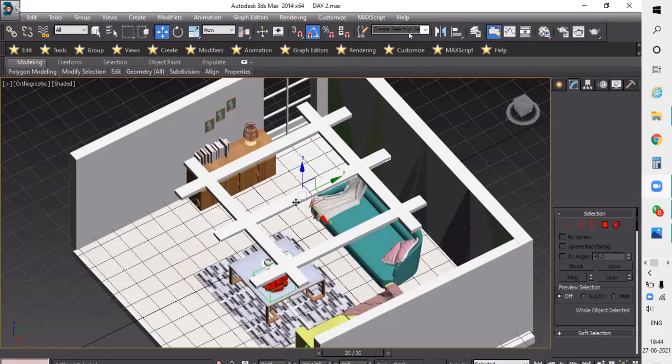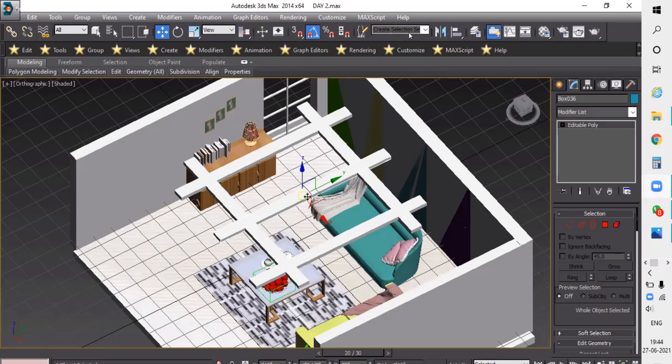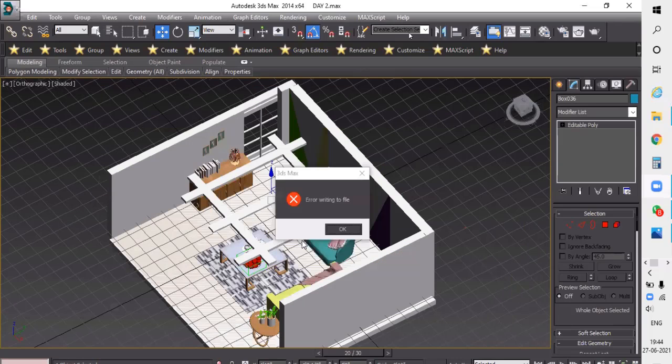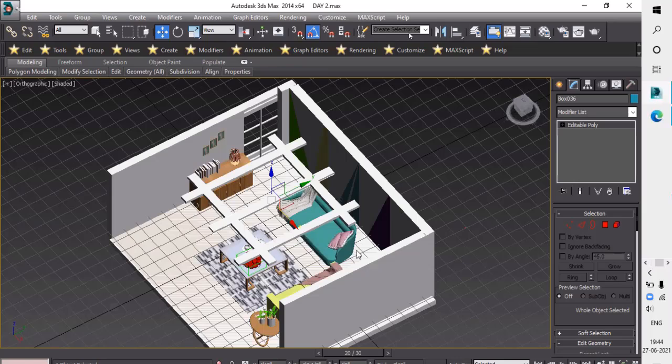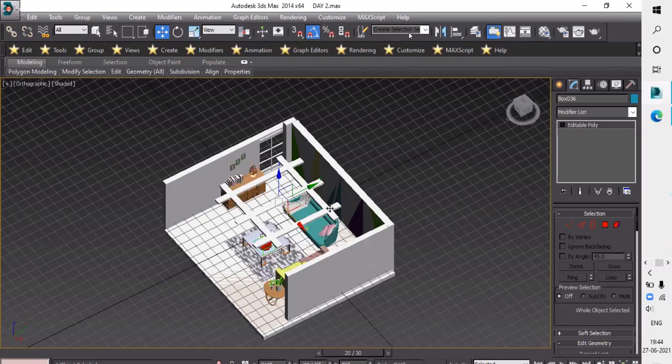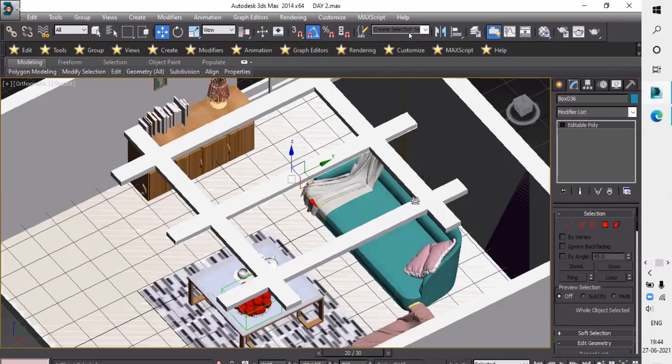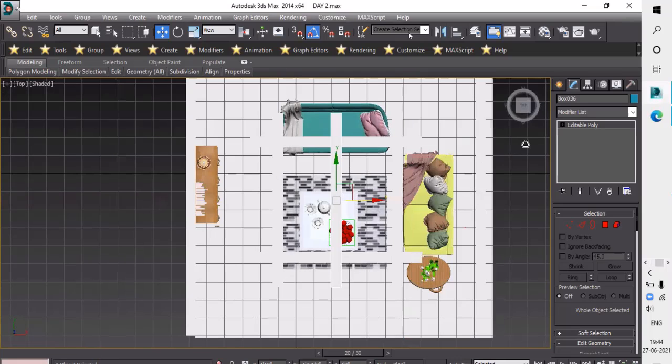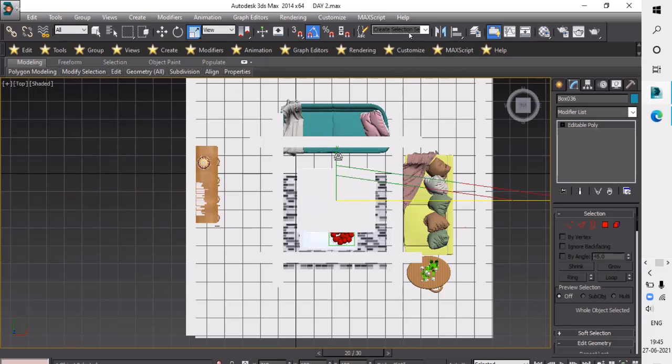We will get in top view. Create a box like you are seeing in this picture. With the help of scale, I will create one box here.